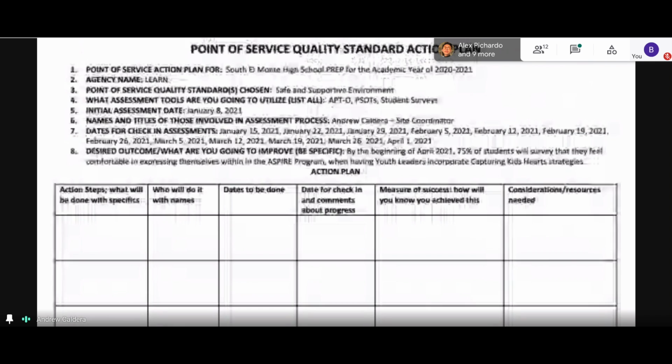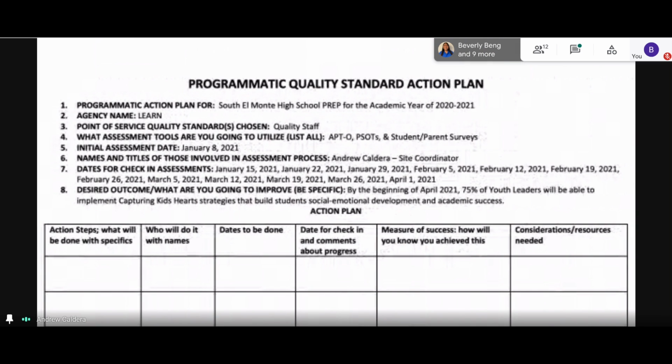So that's the point of service. Same thing for programmatic. It's going to have the same thing, except it's going to be programmatic. And then the goal is going to be the one that we listed. So by April 2021,